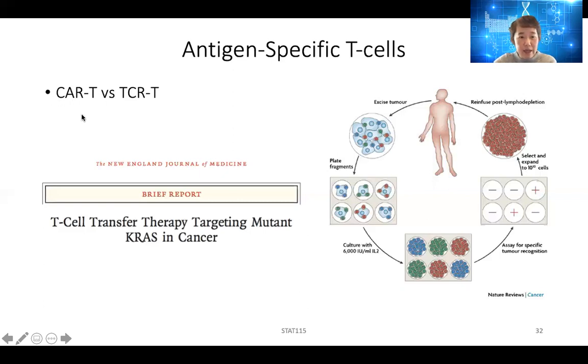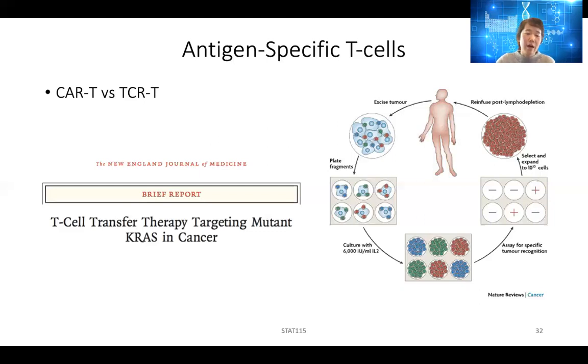So previously we discussed the CAR T. The CAR T receptor is kind of an engineered antibody that can recognize some antigen, then get activated to make the T cell kill the cancer cells. But this is kind of an artificial system. The TCR-T, because all the T cells naturally already have a T cell receptor, ideally, in this case, they have a natural T cell from the patient that recognizes the mutation. You can also engineer the TCR onto the T cells. Then they will also recognize the